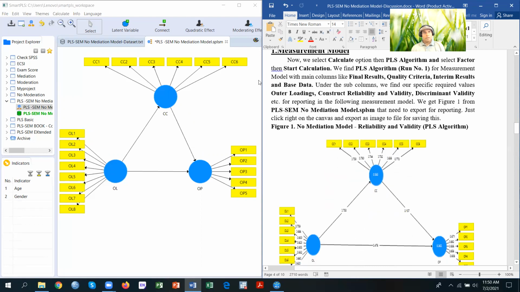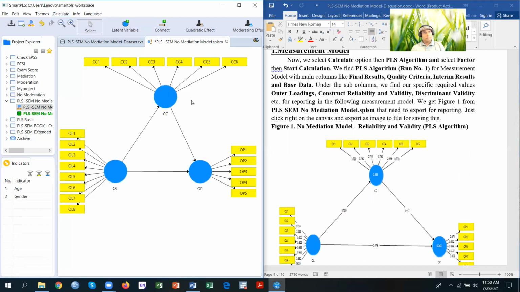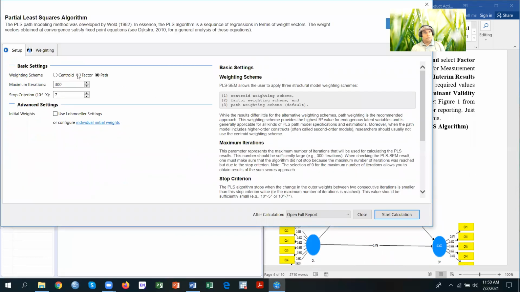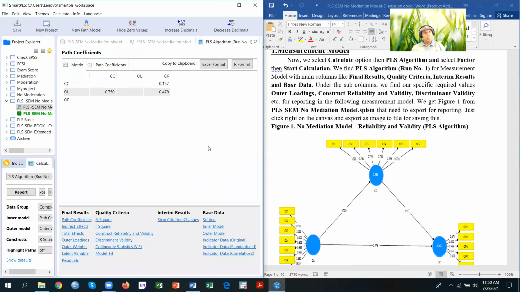Now for the measurement model, we put calculation, PLS algorithm, for the structural model. We put factor and keep the others the same, then start calculation. It will take a little while, and the report is ready. We see